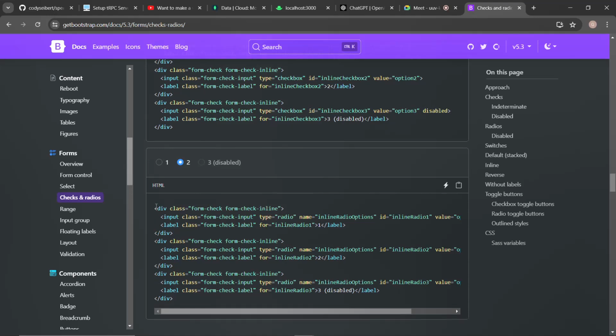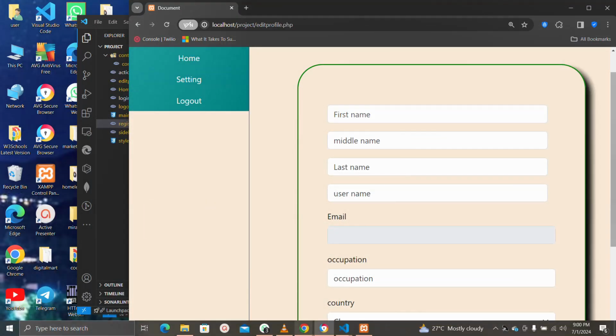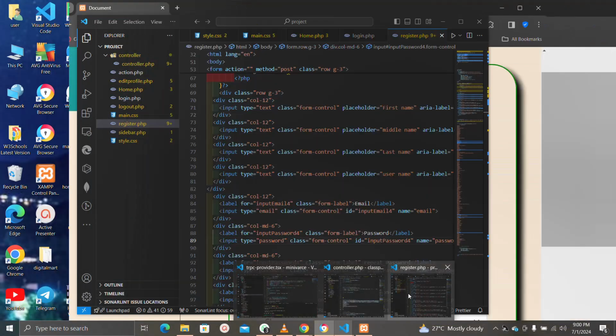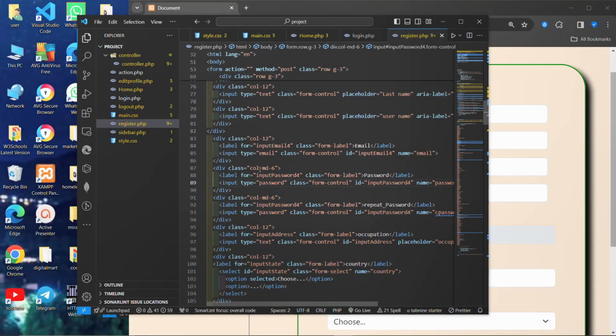So I'm going to copy from here. What we're going to do is copy from here and stop here, Control C. Then I'm going to go into our register form. Make sure we're in our register form. Whichever place you want to place it, I'm just going to place it